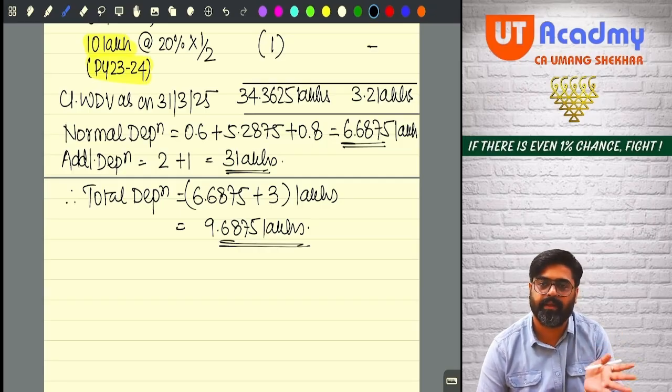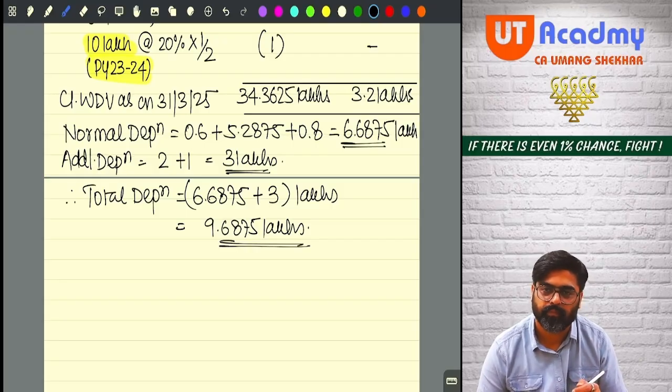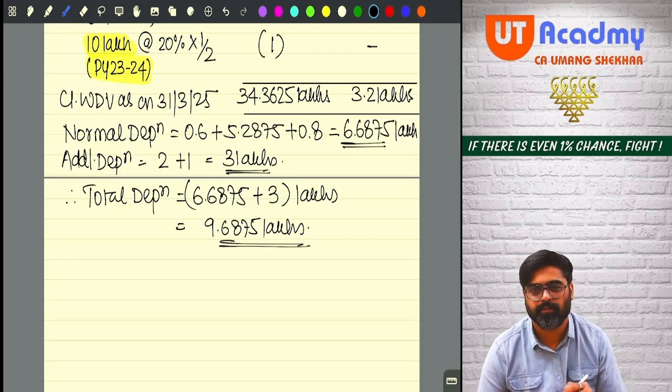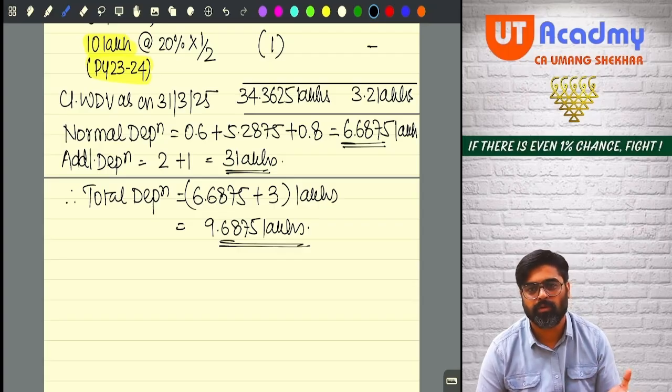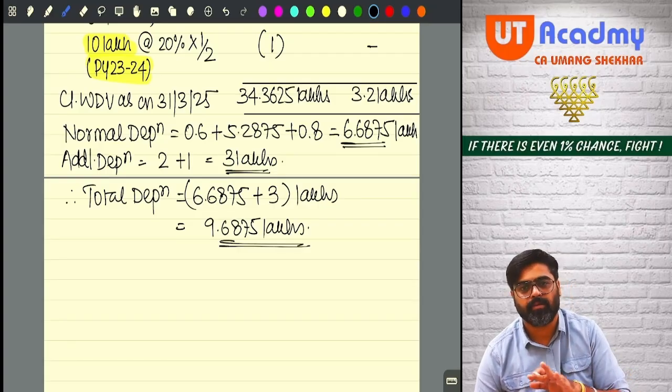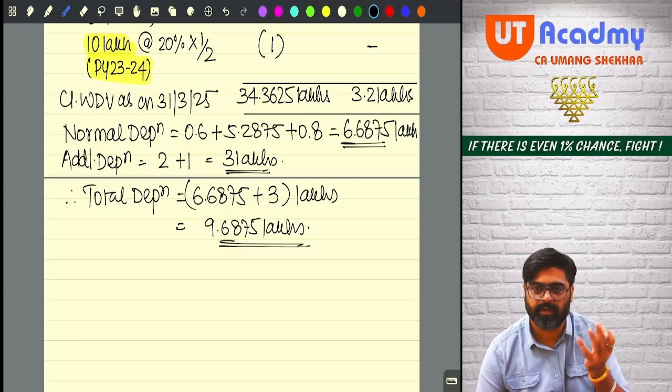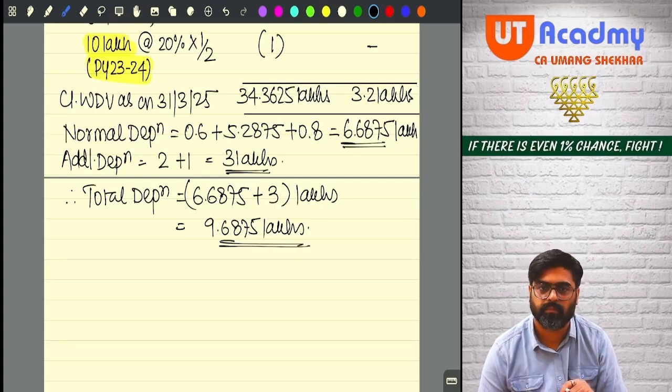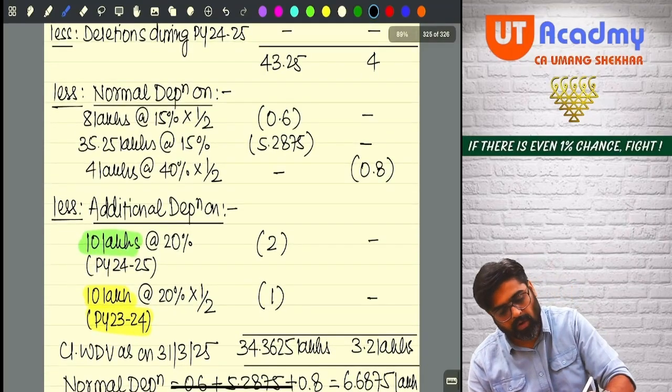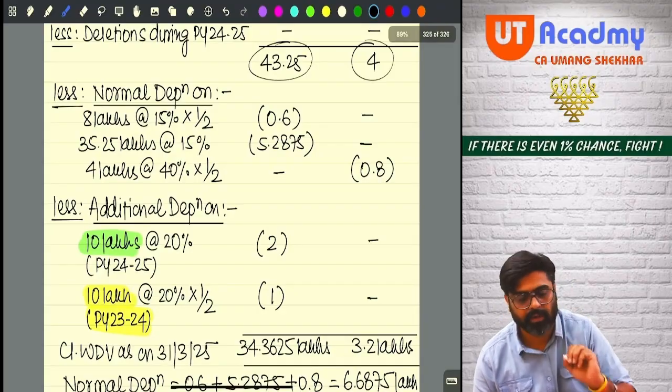They have mixed everything. First of all, the answer will not be understood also. The amounts are these only, but few amounts, the way in which I have presented and the way which is presented there is different. Check the final answer. This is the value on which the depreciation needs to be calculated.